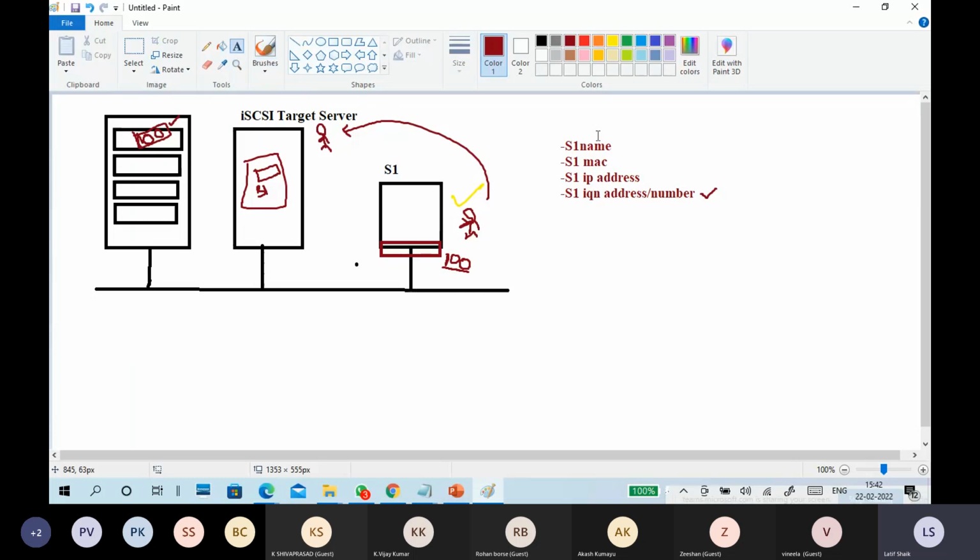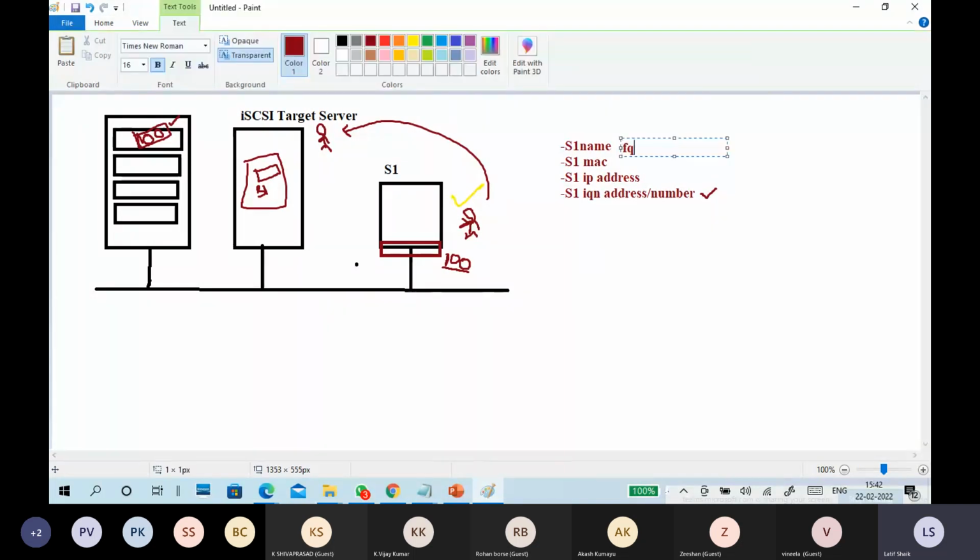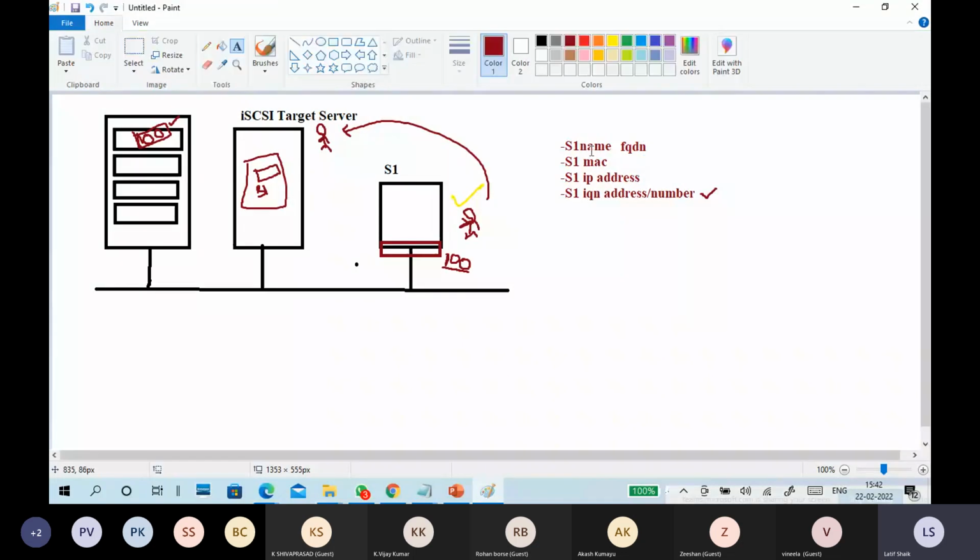Again, name means always FQDN, fully qualified domain name. A DNS server is compulsory, because if you are communicating with names, you need a DNS server.